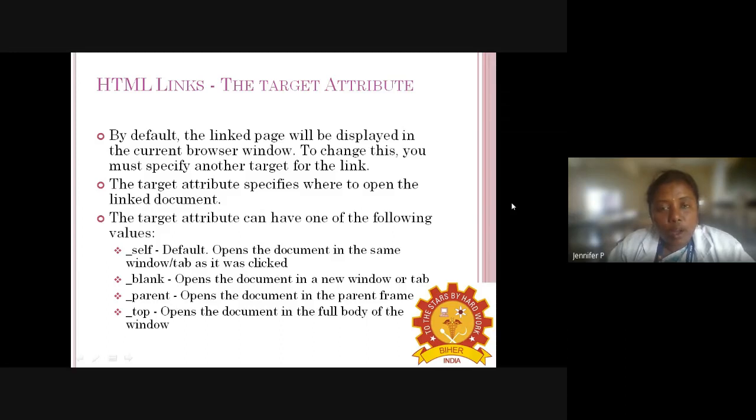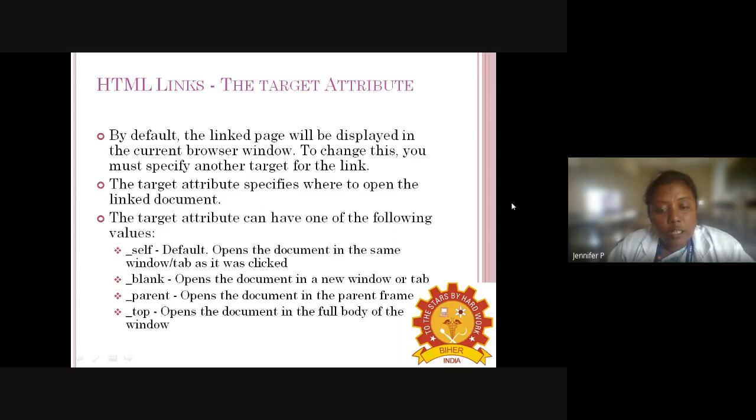Which means when you move the mouse over the link, it changes to the little hand icon, and when you click that link, it will redirect you to another page. Where that page has to open, you specify in this target attribute.